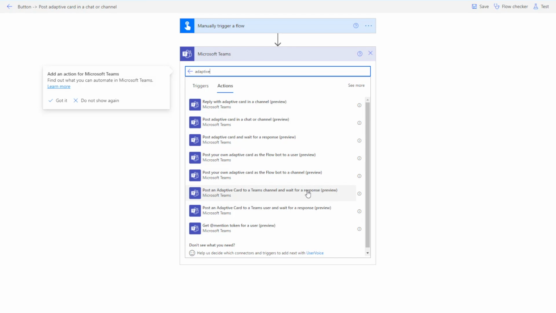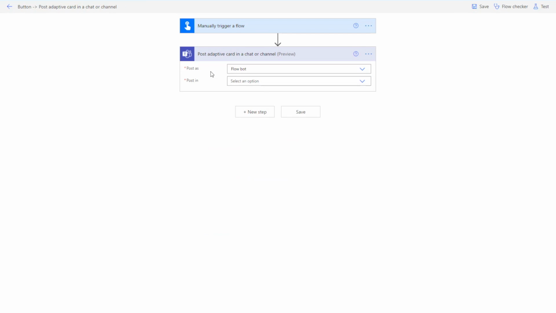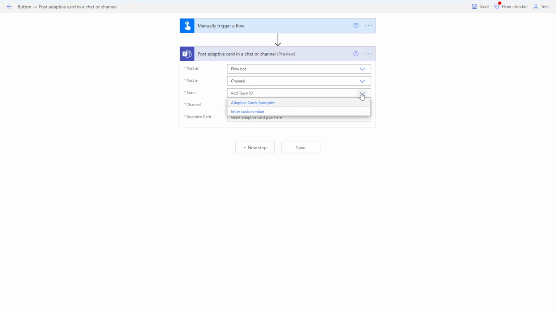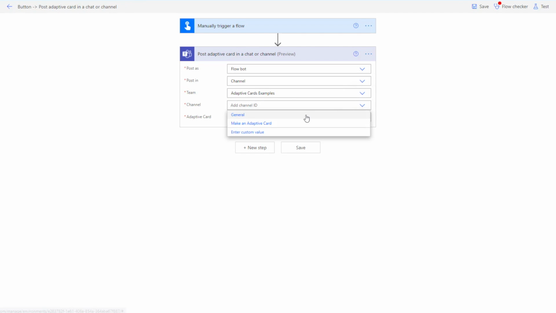But I'm creating another blog post and video about this, as this is a very complex and in-depth subject. So just for the purposes of this video, select the Post Adaptive card in chat or channel. We're going to post as the Flowbot. We're going to select the channel, and then we're going to select our team, which is Adaptive Cards Examples, and then we're going to select the channel. Now we're on our first video, which is make an adaptive card, so let's select that